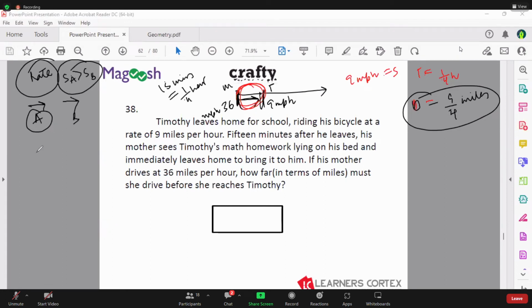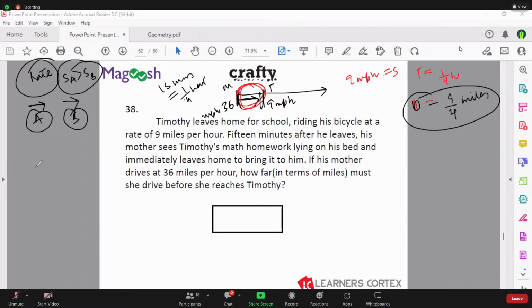This is when both of the vehicles are on the road, or if it is a train or something, when the medium itself is not moving. So whenever two vehicles, or any two objects, are traveling in the same direction,